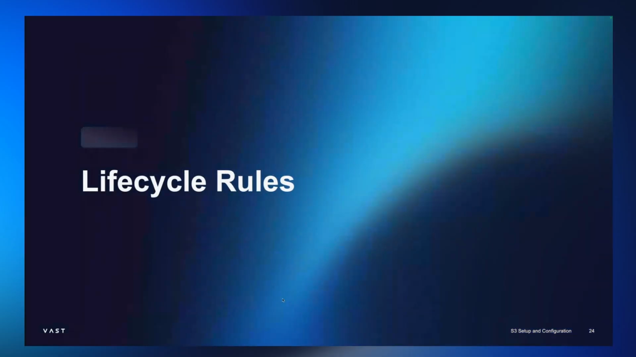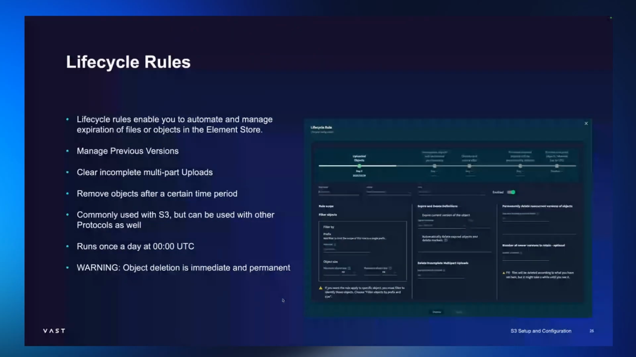Lifecycle rules. Lifecycle rules basically give you the ability to automate or manage expiration of files or objects within the element store. In this example, I'm talking about how we define the lifecycle rules through VMS. I'll talk about why you'd want to do that. But you can also do this through the S3 API if you craft the appropriate request. I don't have an example of setting those lifecycle rules using the S3 API specifically, but you can go through and do that